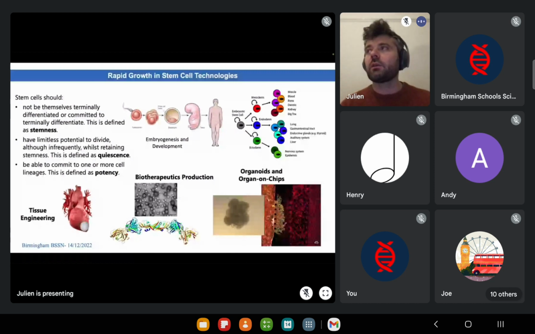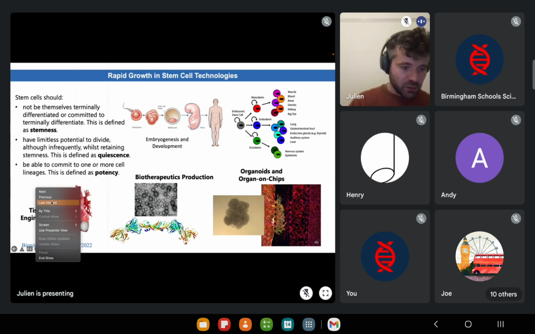And in particular, we're going to be interested in regulating the behavior of stem cells because they hold really huge potential in the field of regenerative medicine. Stem cells are cells that can differentiate into different cell lineages, so they can change their behavior or phenotype, we say, to adopt different behaviors. For example,